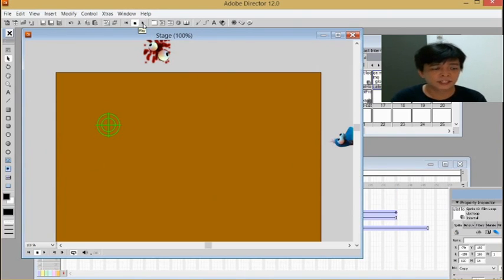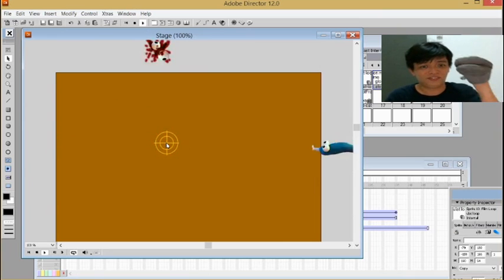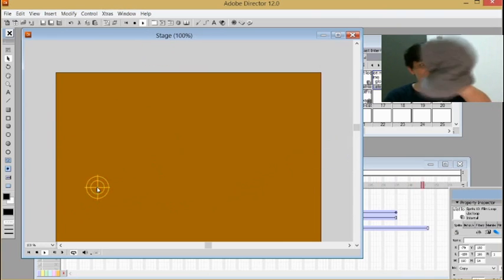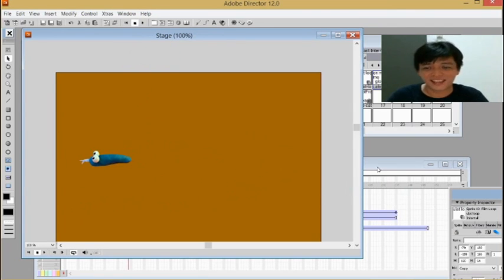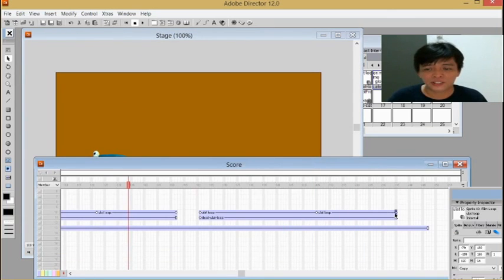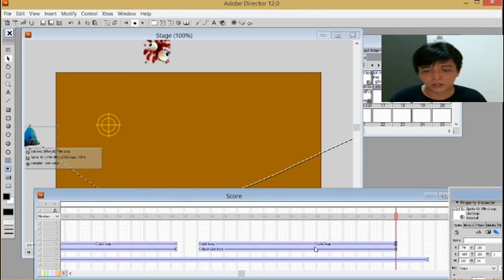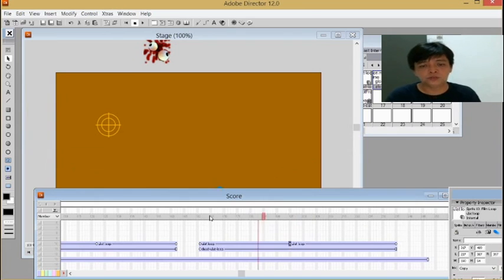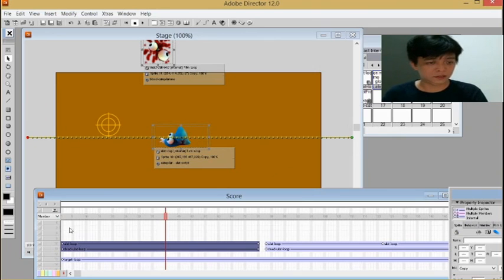Okay, let's check it out and play. Oh! Okay, you can adjust the speed here. It's faster, or you can make it slow by pulling it longer. And then if you want to make another ULAT like this,